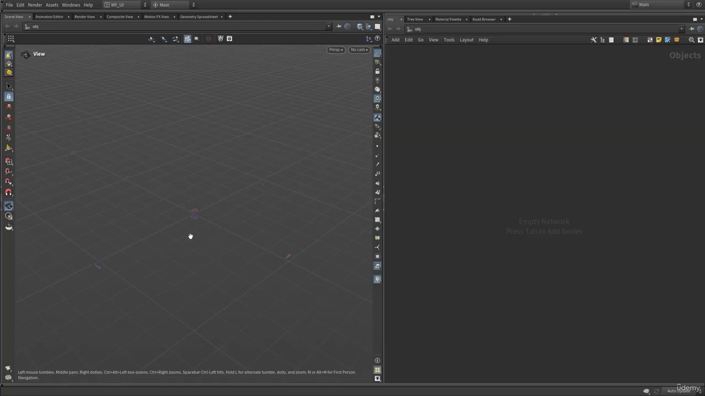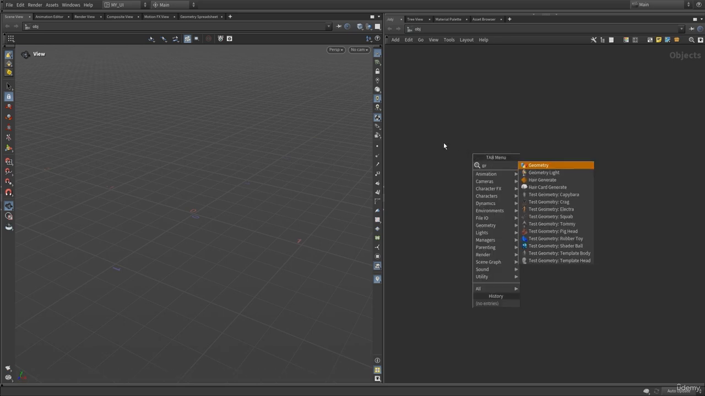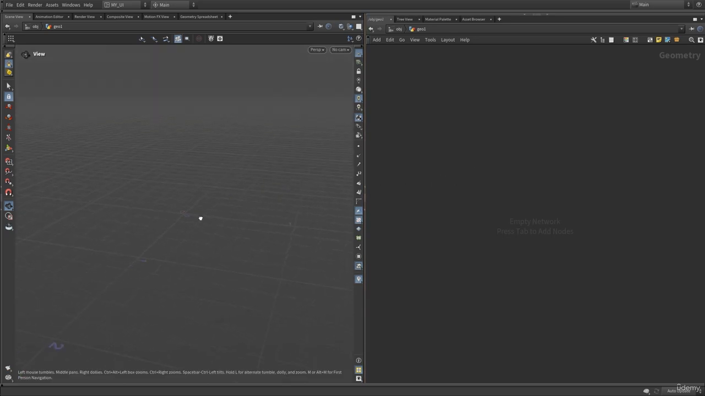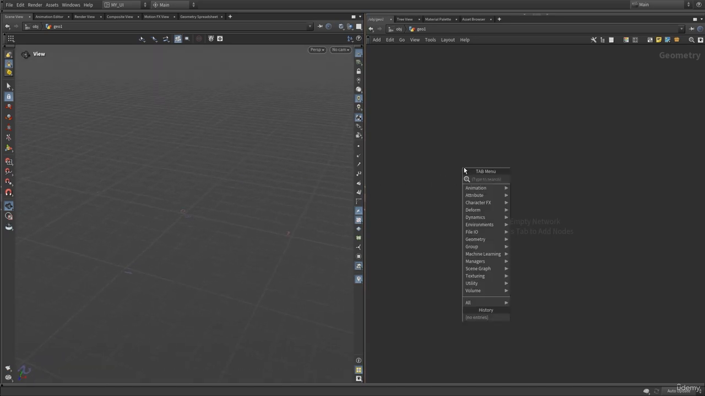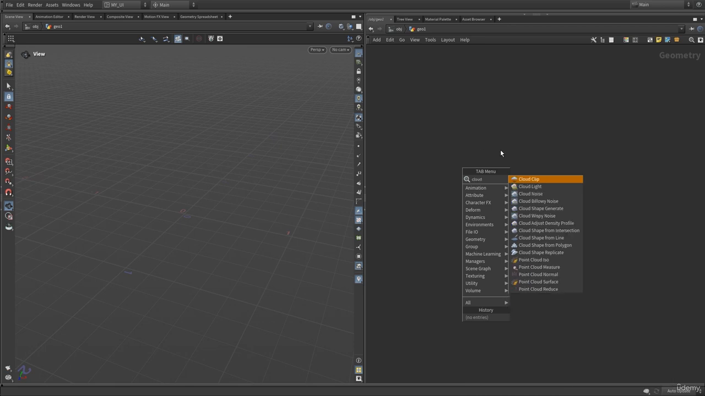Now let's take a look at the cloud creation workflow using the Fog VDB. So in here, as always, let's create a geometry node and dive inside. And in here, first we need to create a cloud. If I type cloud in here,